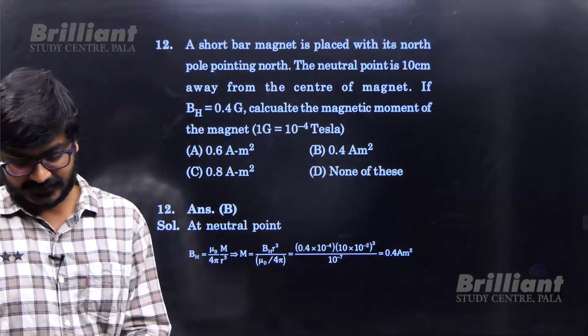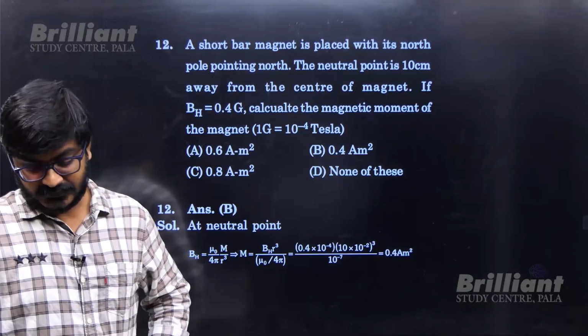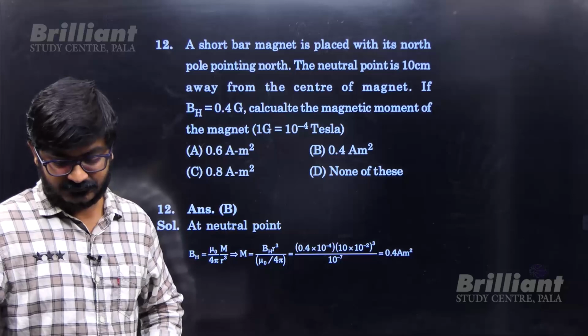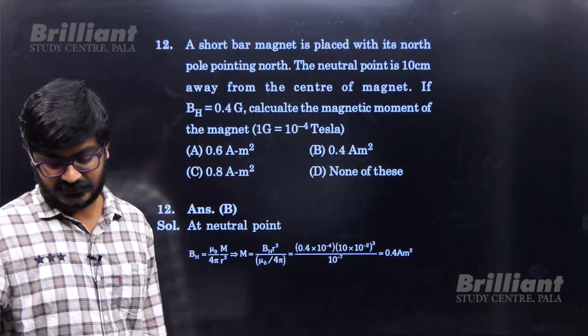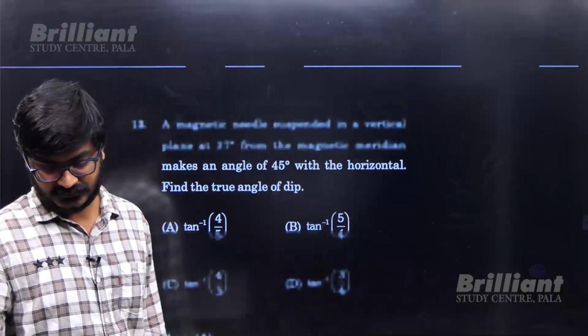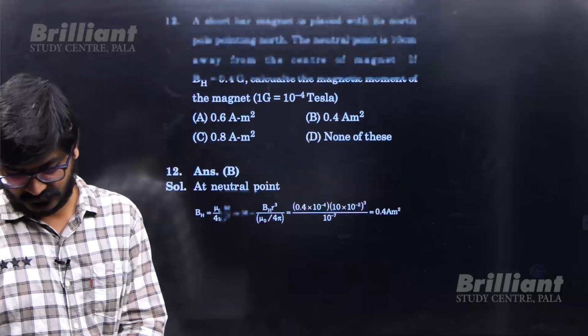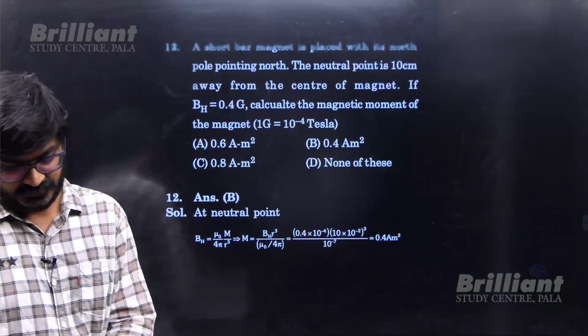A short bar magnet is placed with its north pole pointing north. The neutral point is 10 cm away from the center of the magnet. If the horizontal magnetic field is given, then you need to find what is the magnetic moment of the magnet. I think I forgot to add the solution here. So anyway,